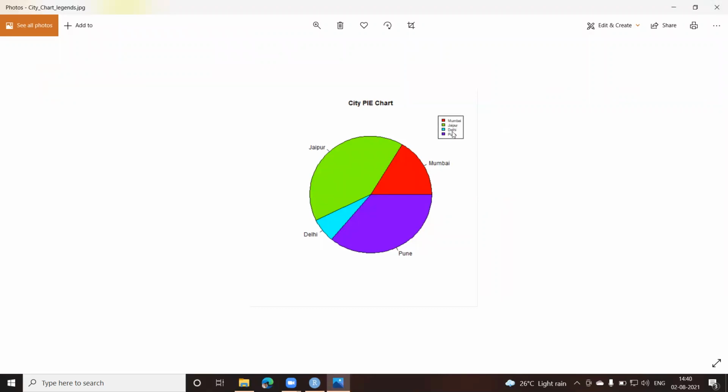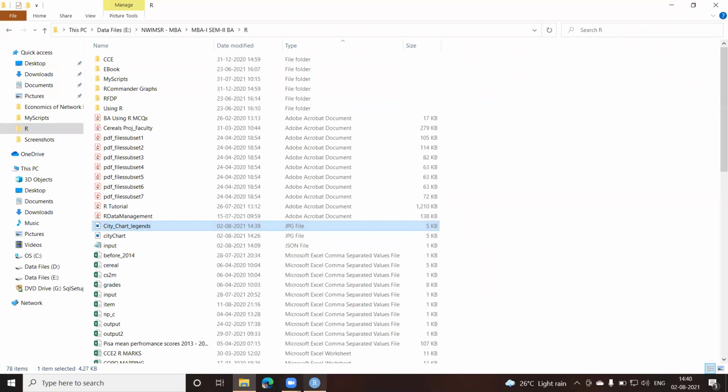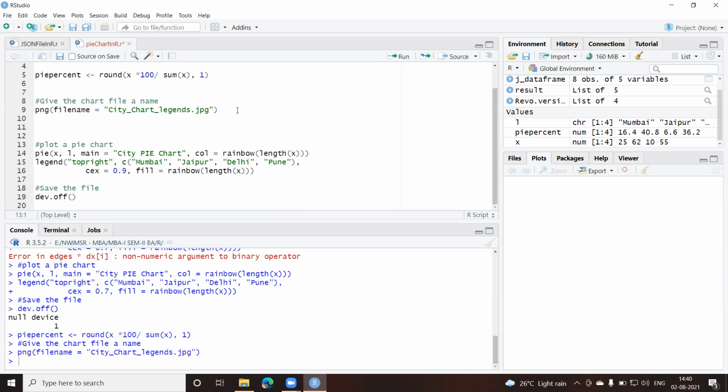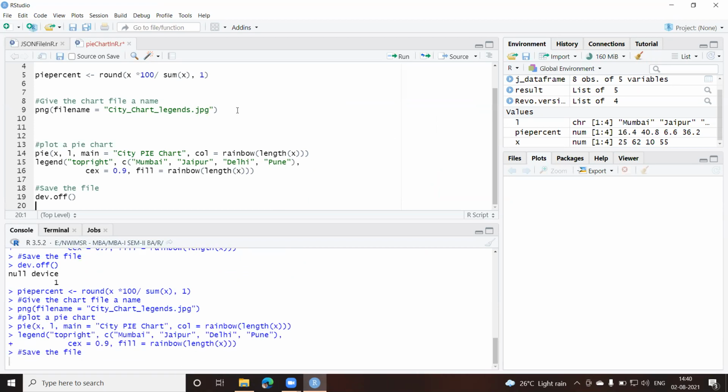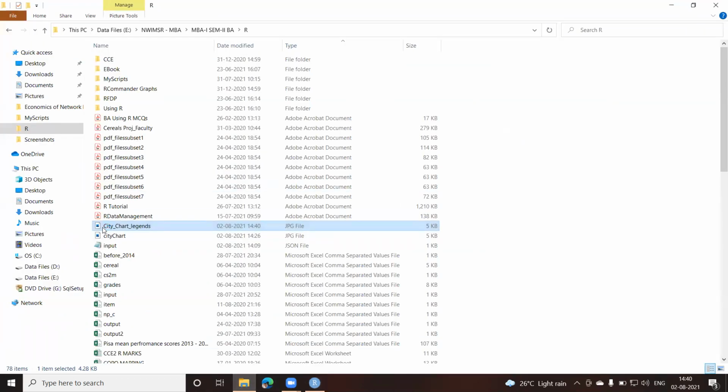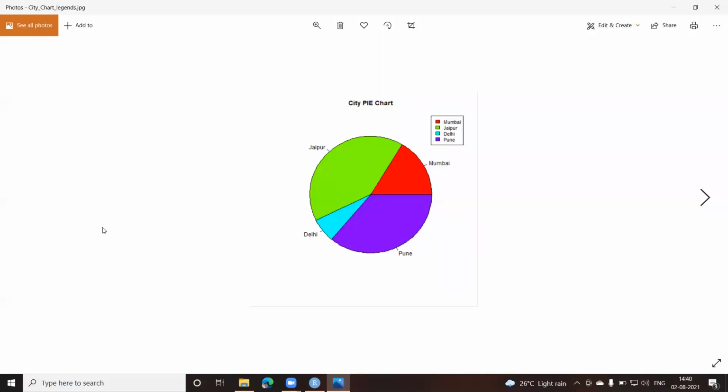Now this legend looks very small. Let us make some changes. Okay, this is the legend which got created, top right. So when we come back, this is because of the size which I have given. Might be this is too small. Let us change this to 9. Again, I'll run this code here. Save. Okay, let us see it. Any changes? Yeah, this is a bit better.